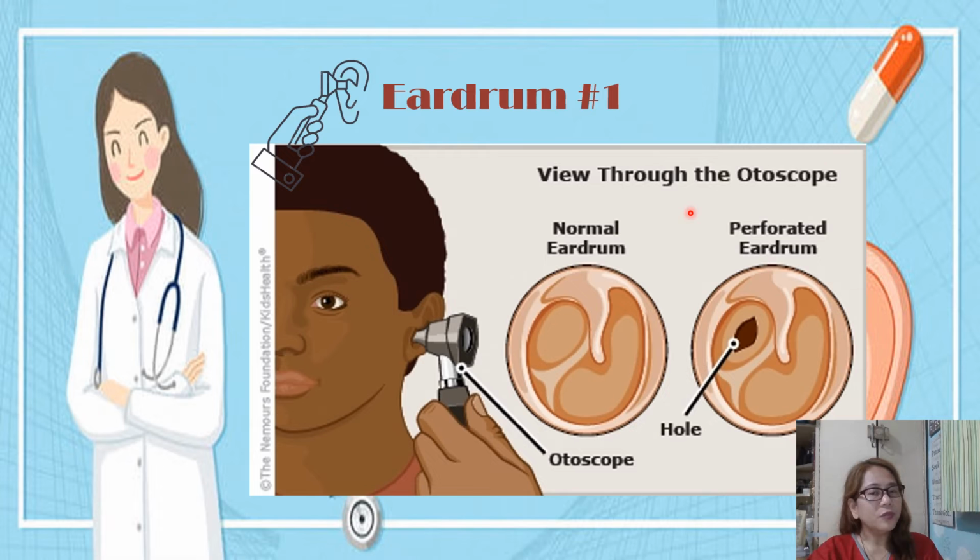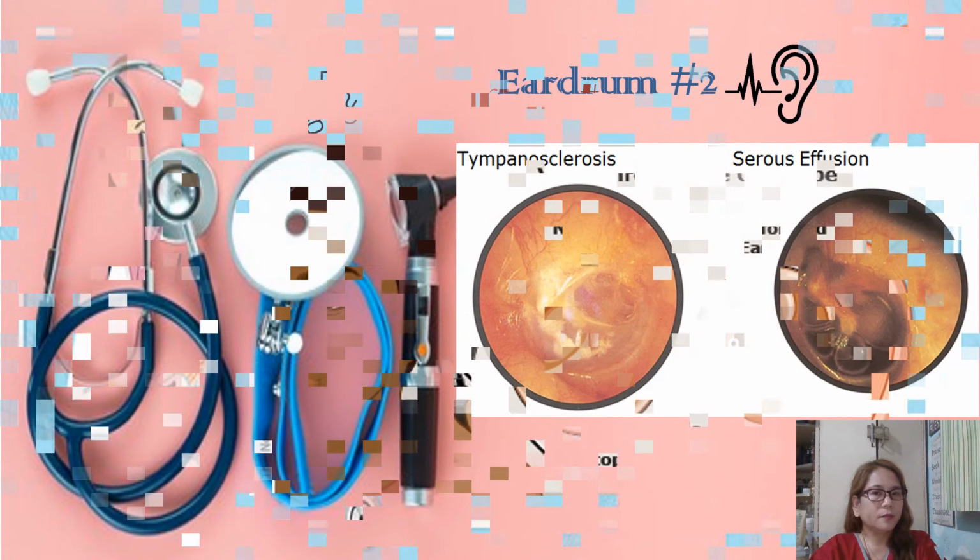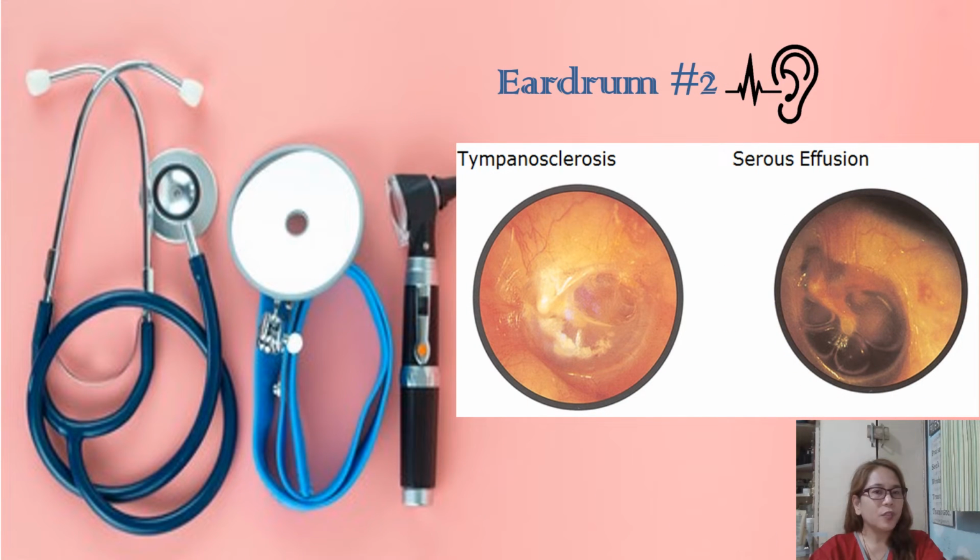So, view of the eardrum through the otoscope. This is the normal eardrum and the perforated eardrum. This is just another image. Okay, so another abnormal finding, we have here an image of tympanosclerosis, which is a scarring process of the middle